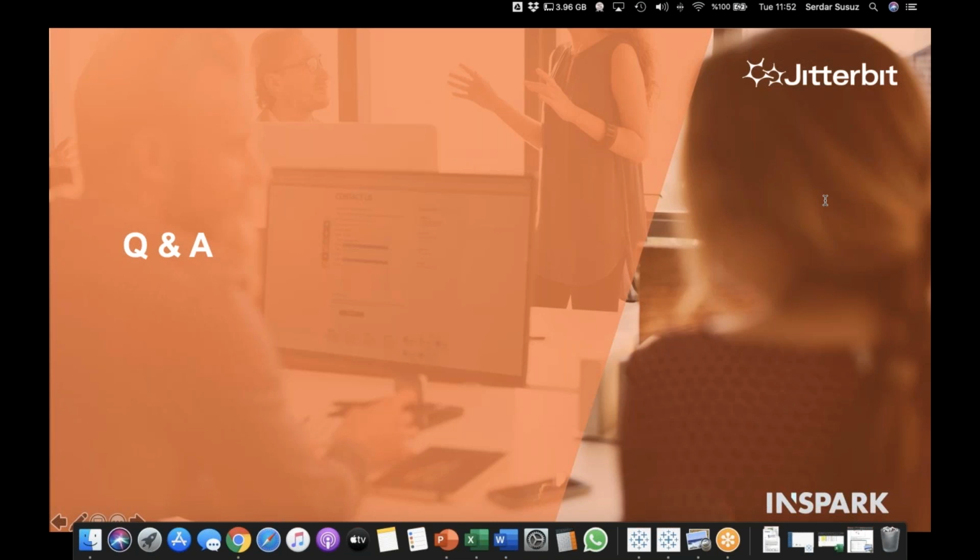That's good. And the next question is, what about the encryption? Can we encrypt our payloads? Yes, you can. So Jitterbit operates from a privacy by design and security by design standpoint, and it's data in motion, not data at rest, and data is encrypted end to end. We don't log payload information unless you explicitly choose to do so, so it's a design decision. But if you do, we then have lots of encryption functionality, so you can encrypt the payloads that you do log or journal elsewhere. So yes is the short answer.